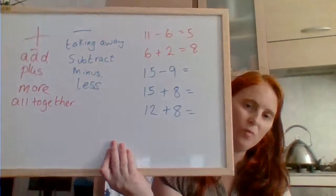I had 12 nectarines, but then my friend gave me 8 more. Is that an addition number sentence or taking away one? I had 12 nectarines, and my friend gave me 8 more. Can you write down that number sentence? Here you go. Now, what is...